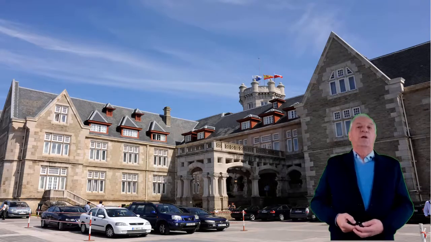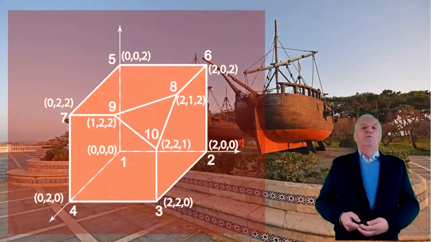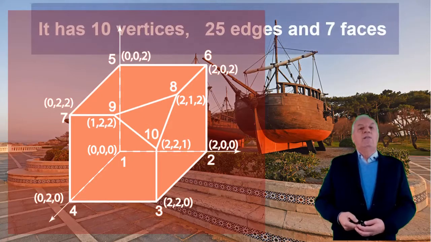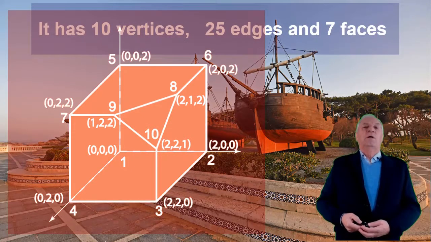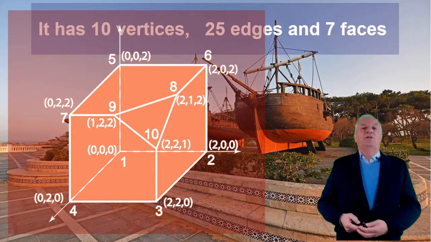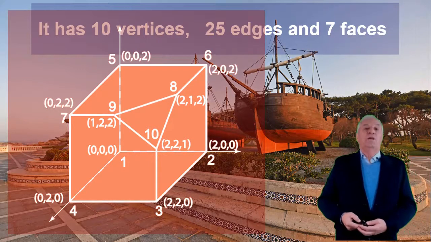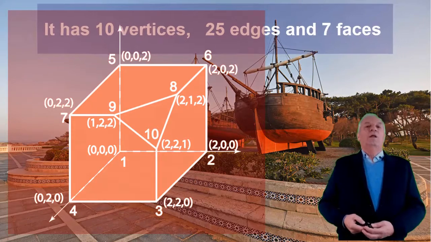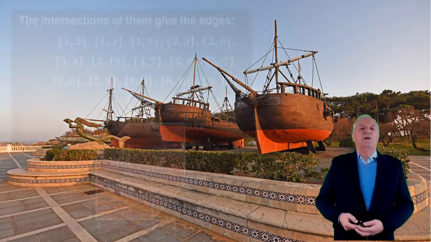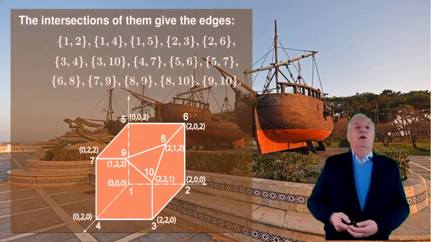To clarify further and make this process more intuitive, we use the truncated cube example. If you look at it, you recognize the 3 types of boundary elements. The first are the vertices, which are 10 vertices. They have dimension 0, and they are very important because they allow us to generate all the vectors in the polytope. In fact, they provide a minimal representation of the polytope because none of them can be removed from the generator set. The second type of elements are the edges of dimension 1, which are those given in the list.